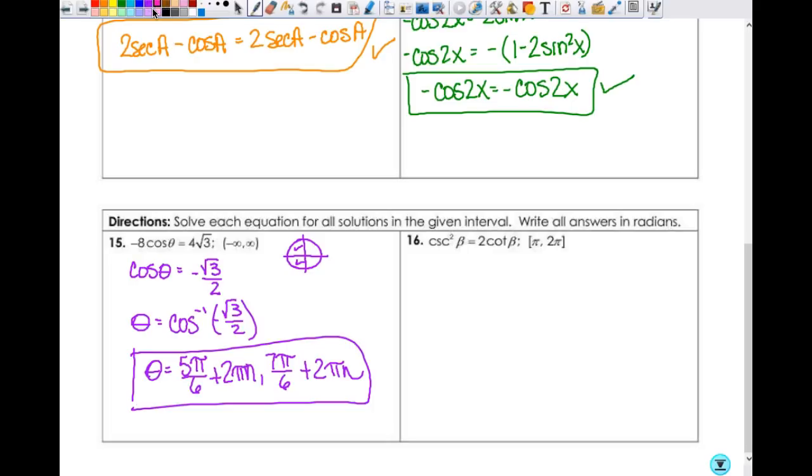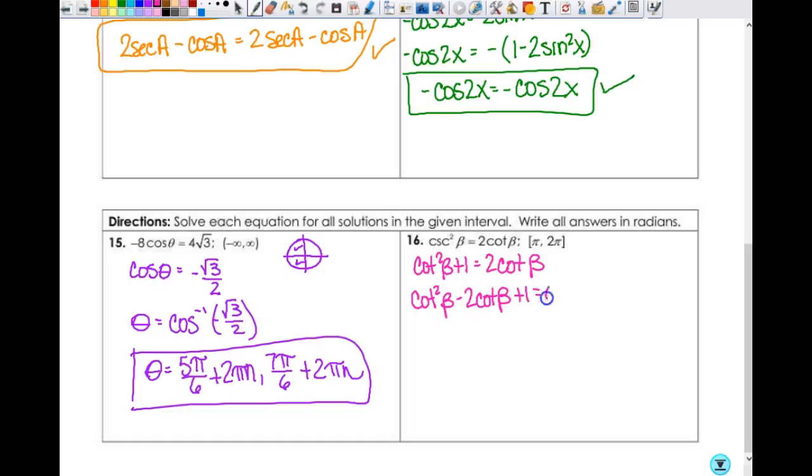All right, number 16. I've got cosecant squared and cotangent in here, so I think I want to replace this with a cotangent so that I have all of them the same. So cotangent squared plus 1 equals cosecant squared, so this is going to become cotangent squared of beta plus 1 equals 2 cotangent beta. Then I'm going to set it equal to 0, so cotangent squared beta minus 2 cotangent beta